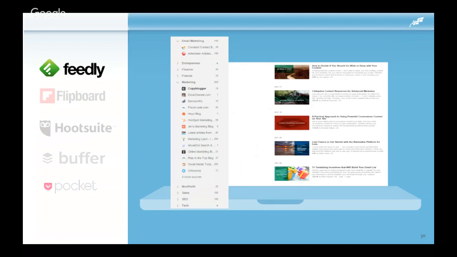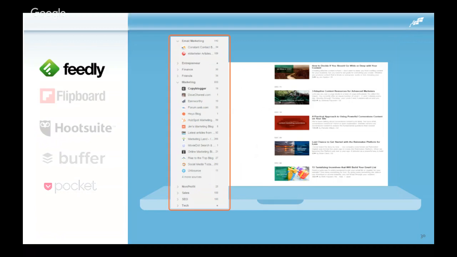Like I have one folder of things that I like to read for sure every day, but then I have feeds for search engine optimization, for content writing, for AdWords and Google advertising, for digital marketing in general, and for different types and categories of clients. So I can click through and browse all of that content by just following my individual folders. You can easily click on the marketing tab to receive all 833 articles and browse through those. Or if I just want to see the stuff from Copyblogger, for example, and review the 18 articles available on that page, I can just click on the Copyblogger one.